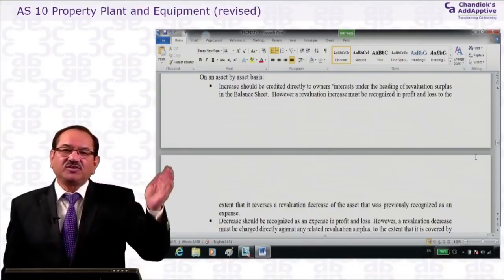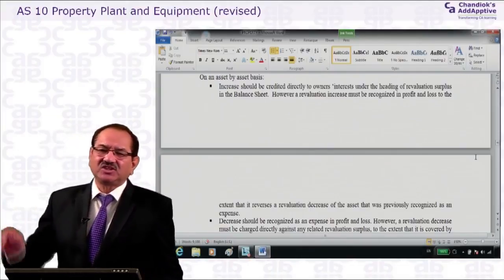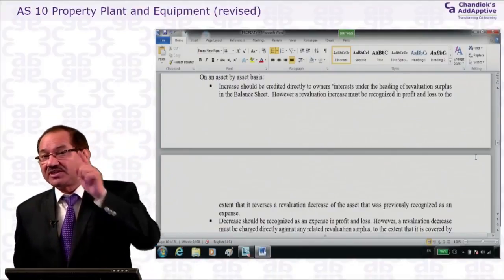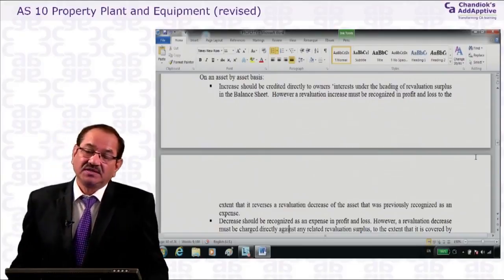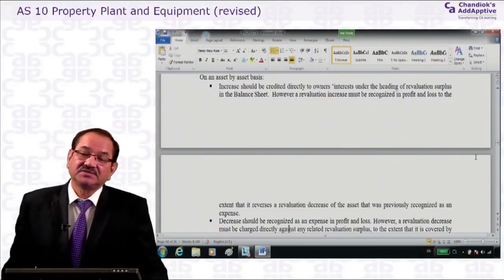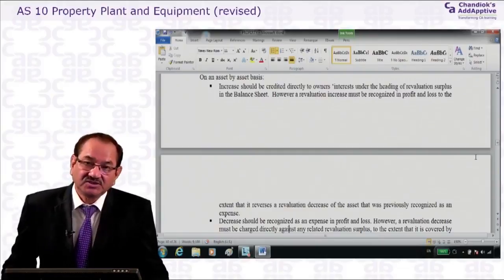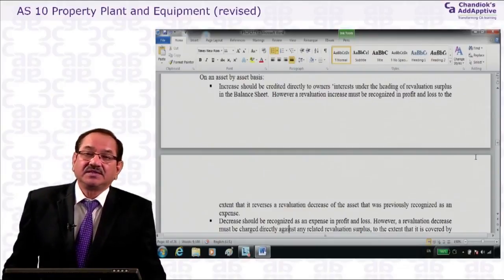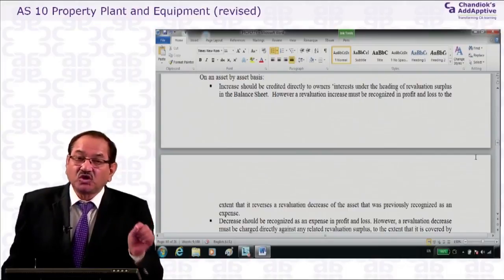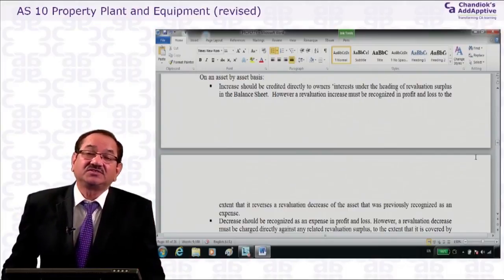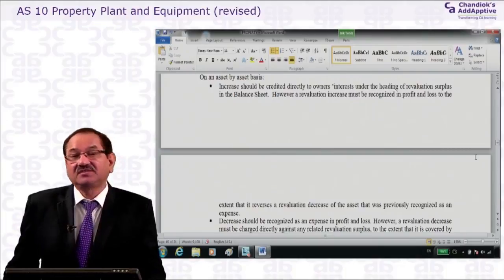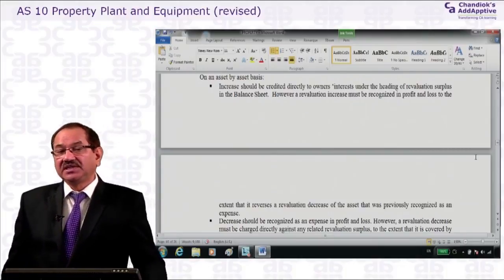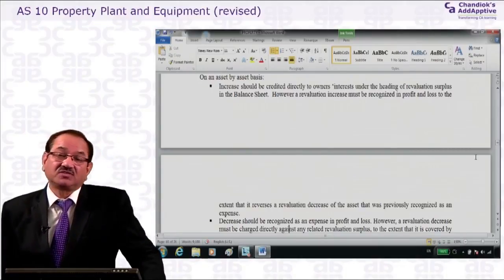If you have revalued the 22 crores of plant and machinery to 30 crores, the 8 crores increase will go to the revaluation surplus, directly under the head reserves and surplus. And dear student, one point you must note here, that the Institute of Chartered Accountants has withdrawn the guidance note on revaluation surplus, utilization of that revaluation surplus. It has been withdrawn in 2015,